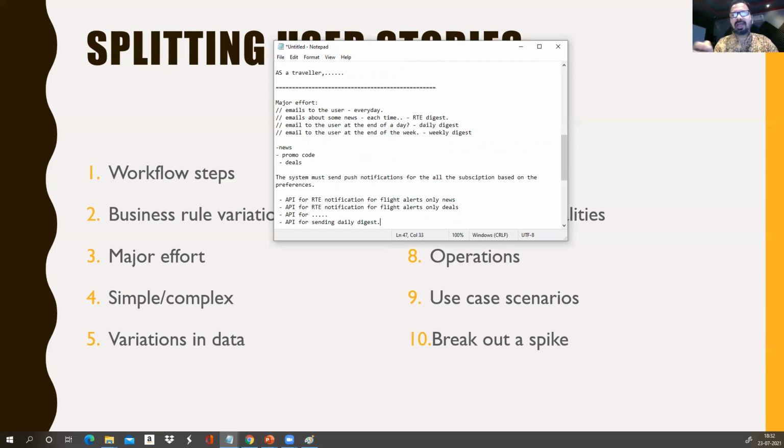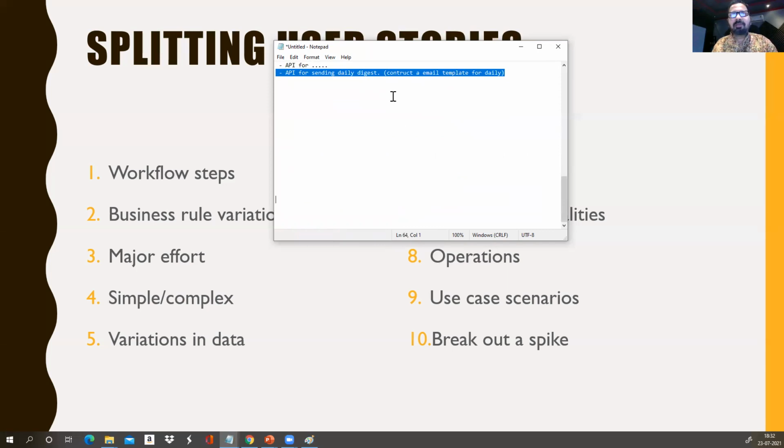Real time, as soon as you have, you send it. In daily digest, maybe you have to construct the daily digest. You may have an email template for it. Okay, there are a couple of things which may need to be done. So we are splitting this major effort into small efforts so that we can incrementally construct an email template for daily email, and maybe we can have a similar API for your weekly digest.